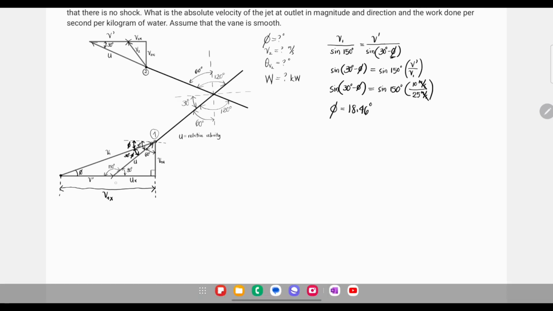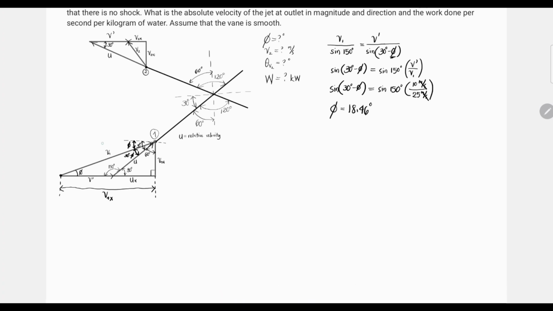So, to solve for that, we can use yung value na ating V1 and the value ng angle na nahanap natin. So, V1x is equal to V1 cosine 18.46. V1x is equal to 25 meters per second cosine 18.46. Therefore, V1x is equal to 23.71